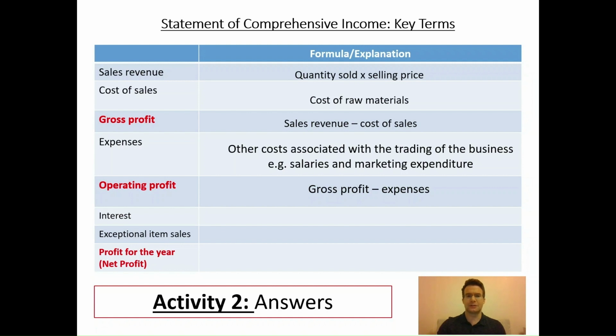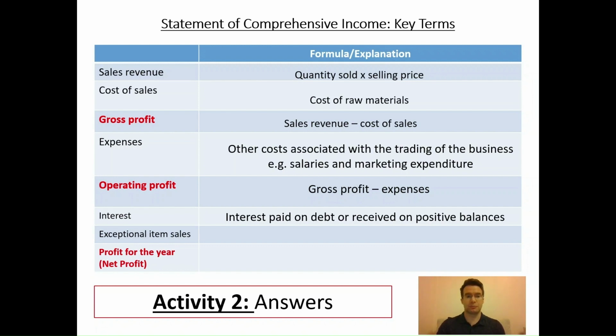And then we come on to the bottom part of the statement of comprehensive income. Now, thus far, all of these 5 entries are associated with everyday trading activities. So they're the main core business. At the bottom, however, interest, whether it be earned from a savings account or paid out on borrowing, will also affect the profit that is made per year. So interest paid on debt or received on positive balances, potentially in current accounts or savings accounts, is also added